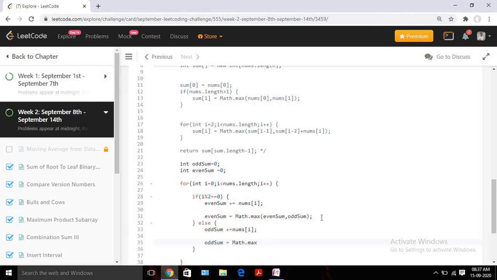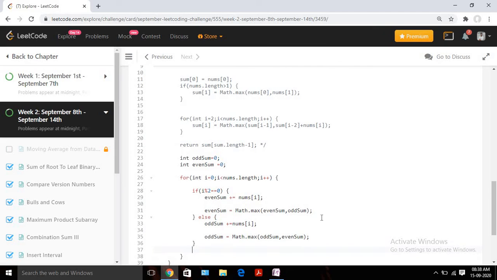So it should be Math.max of odd sum or the even one, right? Okay, and once we are done, we can return it. Return Math.max of odd sum or even sum.